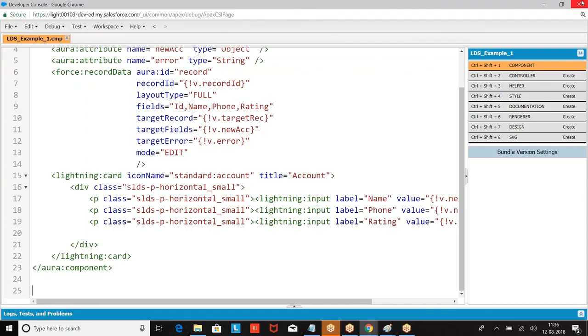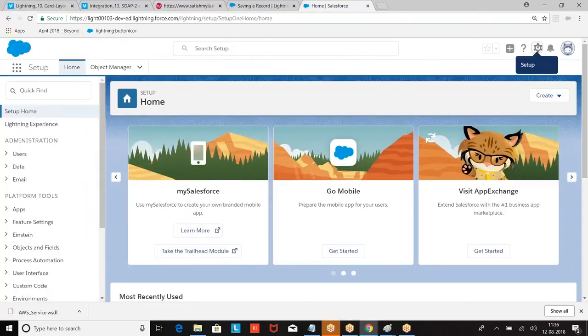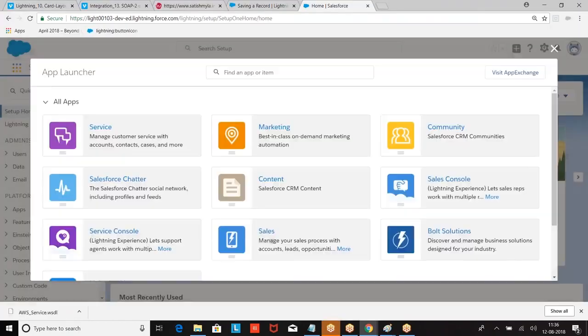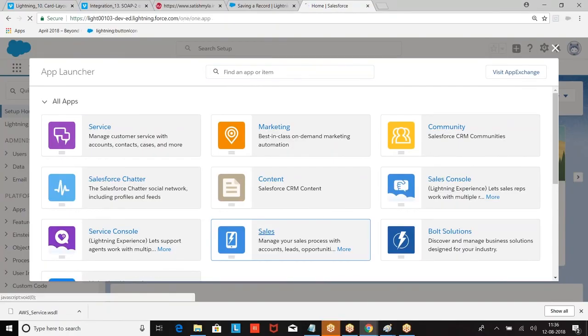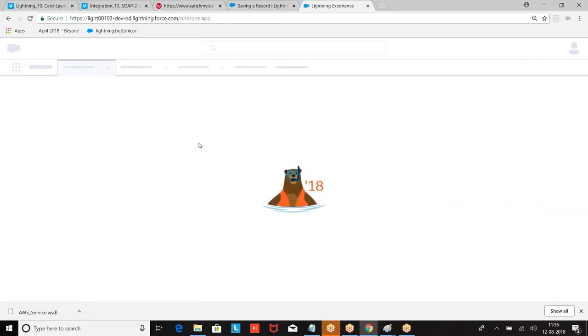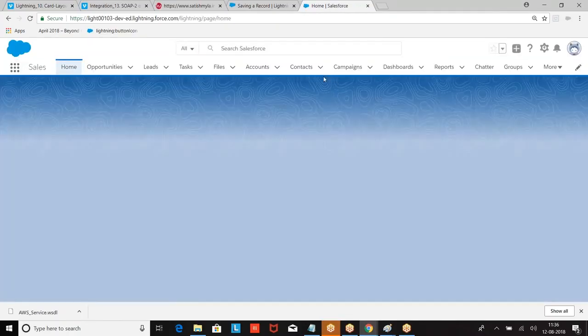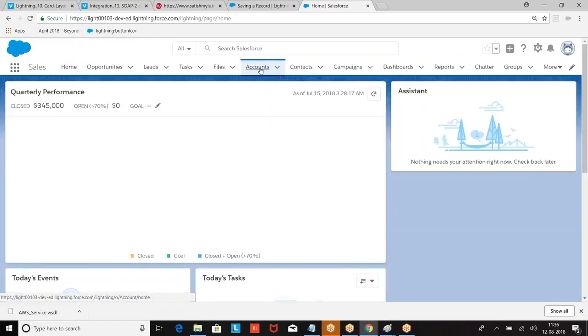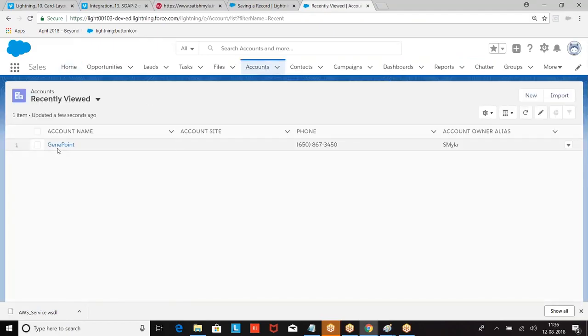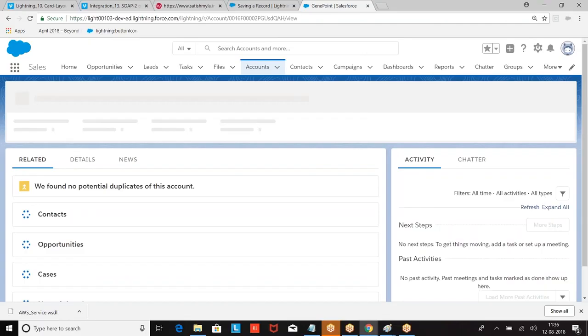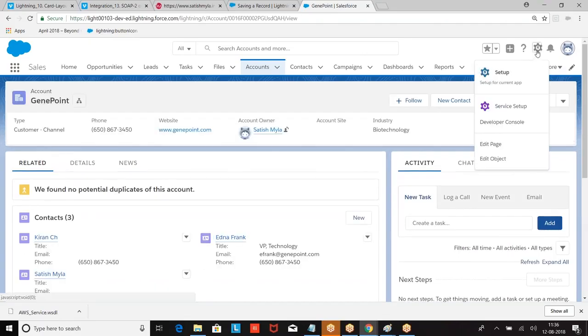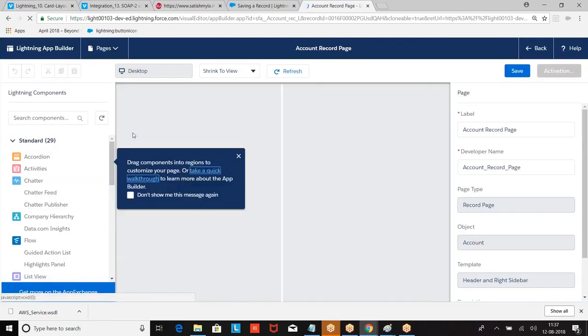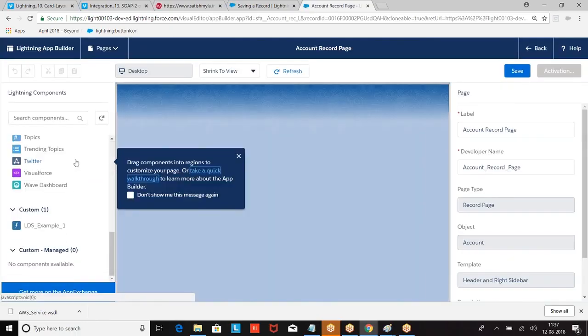Right, I have created this component. Then go back to this. Go to any specific record. Edit page. Scroll down.